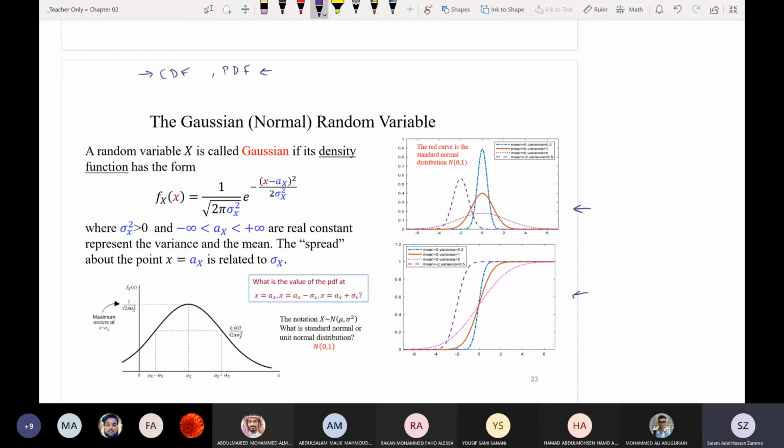Or equivalently, if I tell you the CDF, you will know the probability that the random variable is less than any specific number X. Okay, and hence if I give you the CDF or the PDF, this describes the whole random variable. And in most cases, what we'll deal with is the PDF. So this is the most important part. However, they are both related, the PDF and the CDF. As mentioned before, the CDF is the integral of the PDF, or the PDF is the derivative of the CDF. But we will focus on the PDF because the PDF is more visual. We can see how the random variable looks or behaves from the graph.